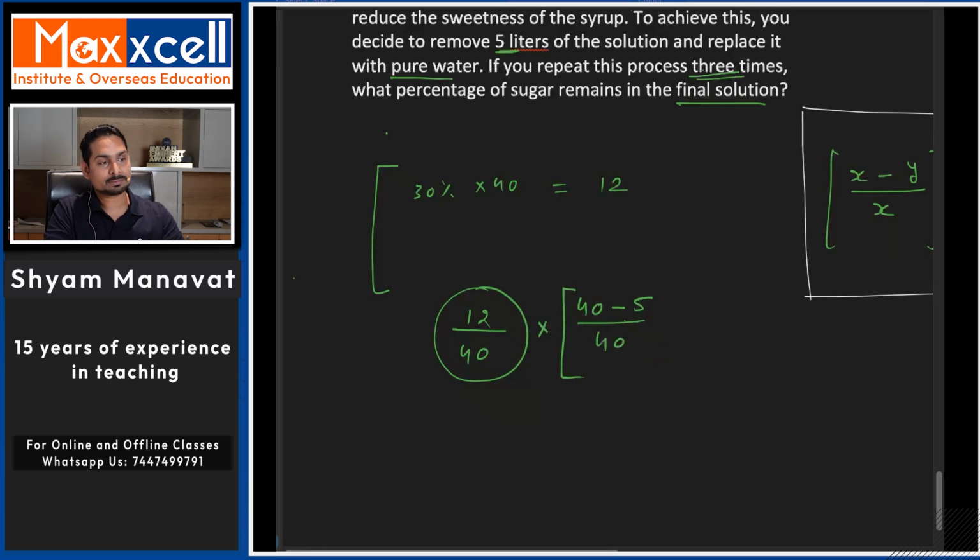अब यहाँ पे बहुत से स्टूडेंट्स कंफ्यूज हो जाते हैं कि सर ये 40 लीटर्स तो टोटल शुगर सिरप है, राइट? टोटल सिरप है ना, तो आप यहाँ पे 40 क्यों ले रहे हो? ये कन्फ्यूजन होता है. इस कन्फ्यूजन को आप दूर करो. ये समझो ये फ्रैक्शन की बात हो रही है. ये कितना फ्रैक्शन अब बचा हुआ है उस सिरप का, ओरिजिनल सिरप का कितना फ्रैक्शन बचा हुआ है. सो दैट इज 40 माइनस 5 ऑन व्हाट? टोटल ऑफ 40,